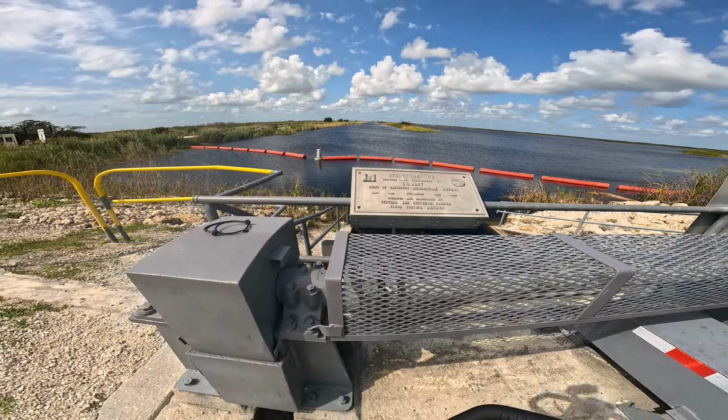All right, so we're about halfway back. I still got plenty of juice. I just don't want to end up out here by myself. It's in the middle of the day, and I think you guys have seen enough. Everglades is just nothing but grass and water and animals. Unfortunately, we weren't able to see any alligators today, but we're gonna get on going. So we're coming back up to that bridge where we saw the fishermen, and